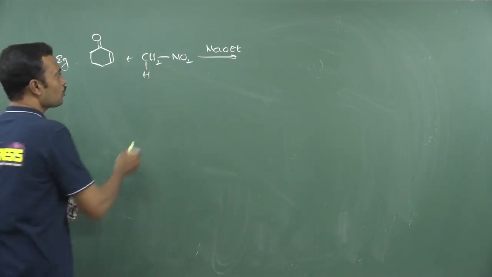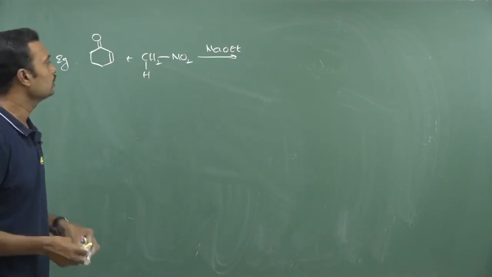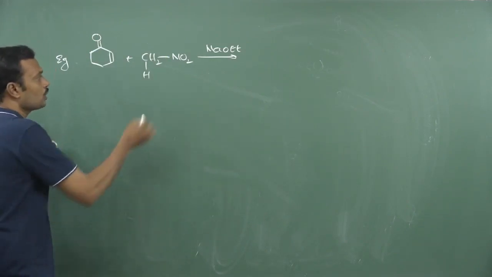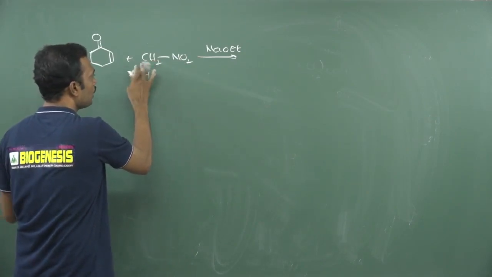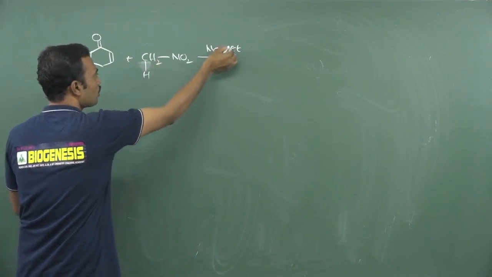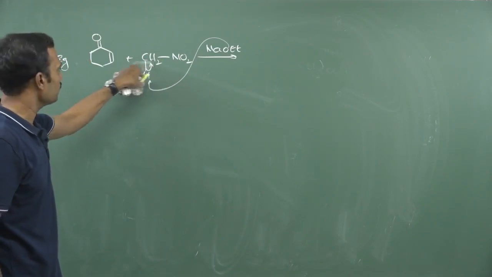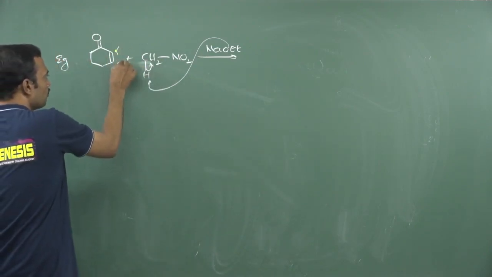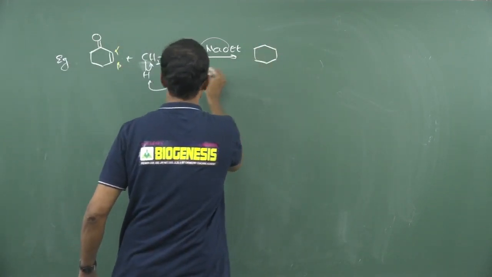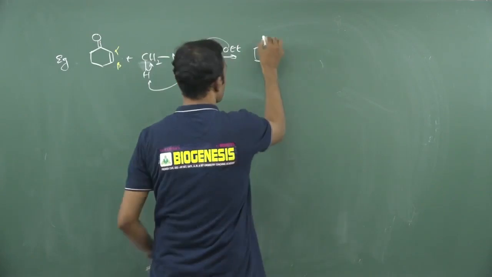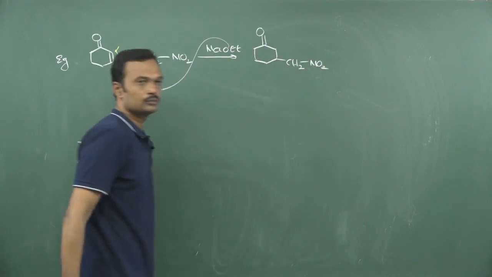So we know very well nitro is a powerful withdrawing group as compared to carbonyl. Already I gave it in inductive effect, just go through it. In that I gave the order of withdrawing capacity. Nitro is a powerful withdrawer which can withdraw electrons. So definitely after withdrawing, the carbon-hydrogen bond is very weak. So it loses a proton and forms a carbanion, and that will be added on the alpha beta conjugated carbonyl, especially at the beta position. So this negative ion will be added here. Finally you will get a CH2 at the beta position like this. Okay, that is the answer.